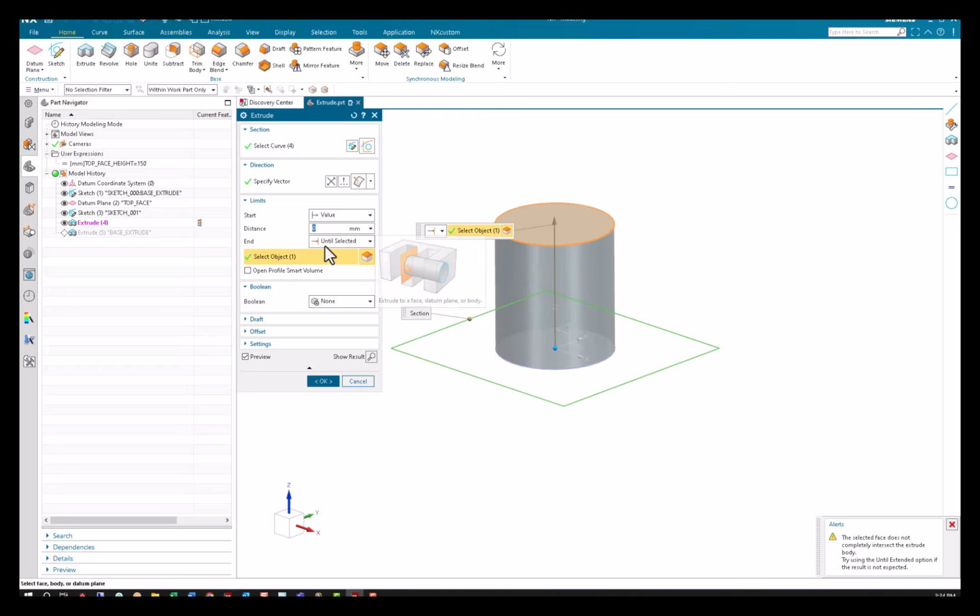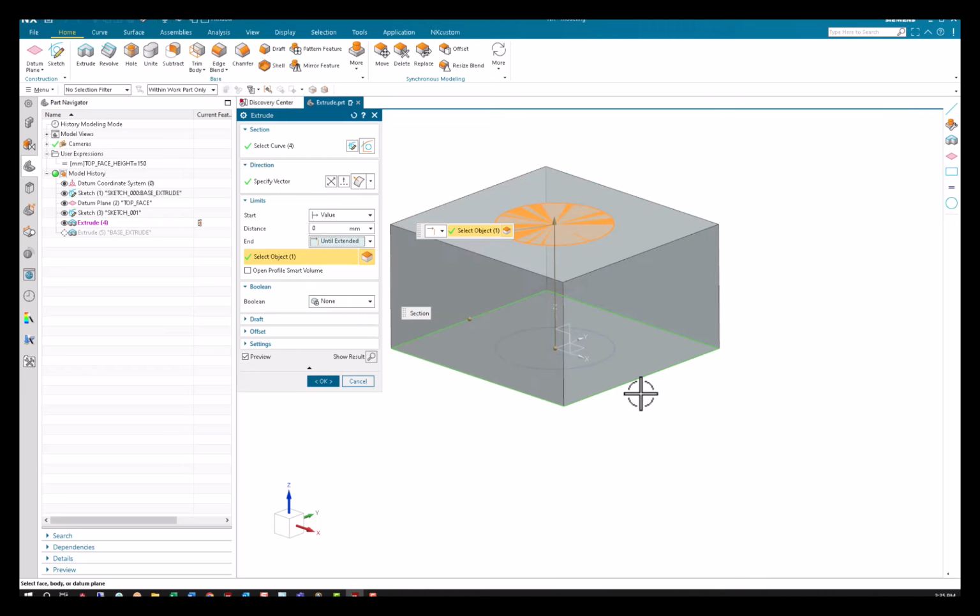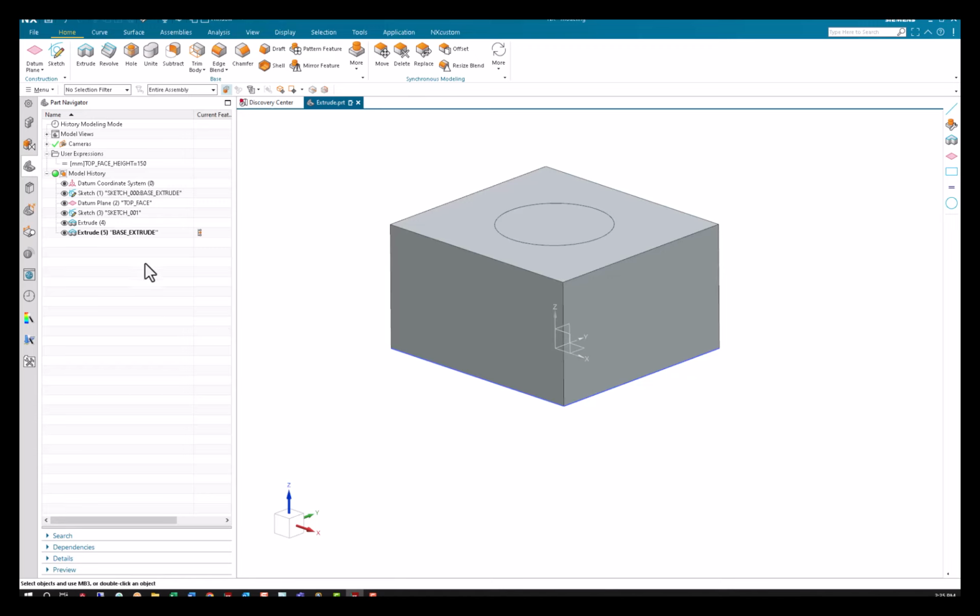And so instead of until selected in that case, I would have to say until extended, and so it's automatically extending that face. Now this isn't necessarily recommended, but I want you to understand all the different ways that you can control an extrude. The reason this isn't recommended is because, well, I'll show you a good case of that. So let's say I come back here and